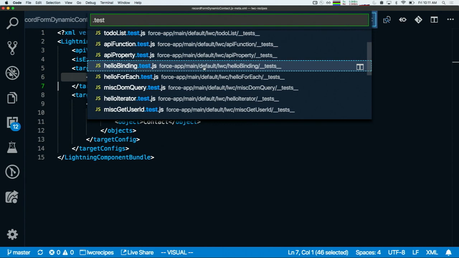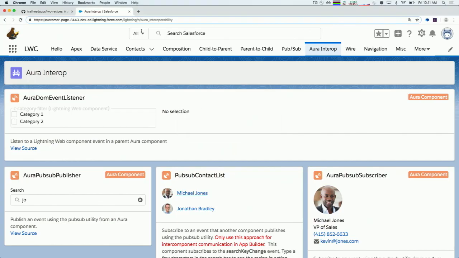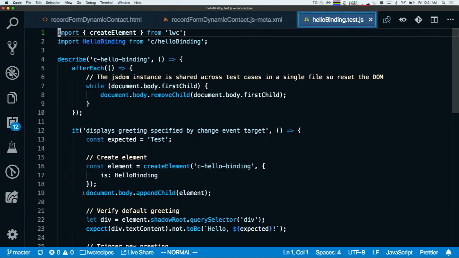Certainly. Let's take a look at one of these test files. Watch mode is working. Let's take a look at hello binding. If you recall, we looked at that component before, just to refresh our memories, this hello binding component. As I type, it changes dynamically. And in this particular test, let me first show